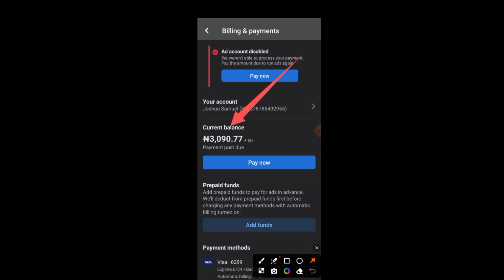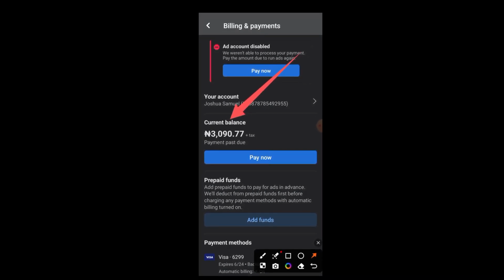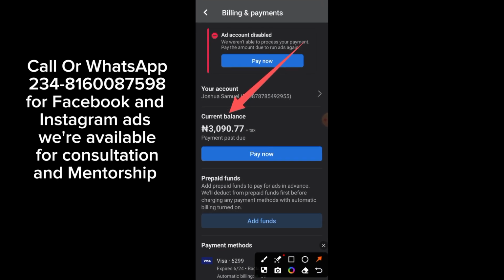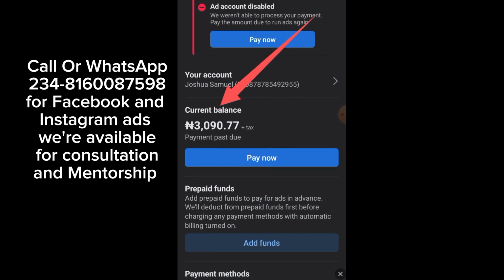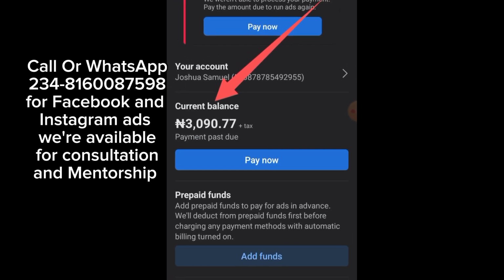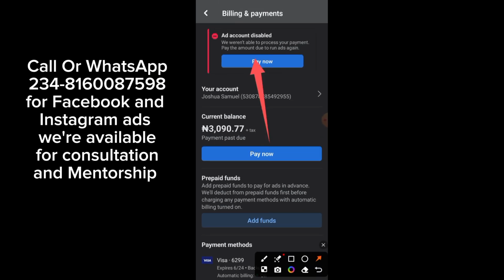Now here, this is a current balance. This current balance gives you opportunity to run adverts even though you don't have money on your ads account, right? So presently I'm owing these guys, and that was the reason why my account was disabled. And if you fall under the category of this set of people, now this is it. I've added